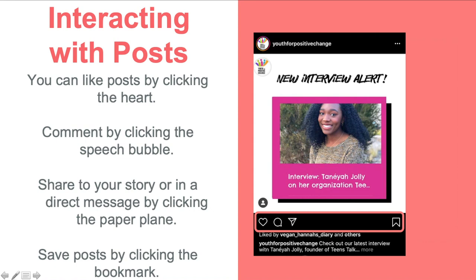So for example, I follow a lot of fitness people, and if I see them posting an exercise that I really like, and I know I'm going to want to do again later, or any picture that I want to see again later, I'm just going to hit that little bookmark, which is at the bottom right of the screen. And once you do that, that's called saving it. So you save it privately to your page. And I'll show you later what that looks like actually as you're doing it in person.